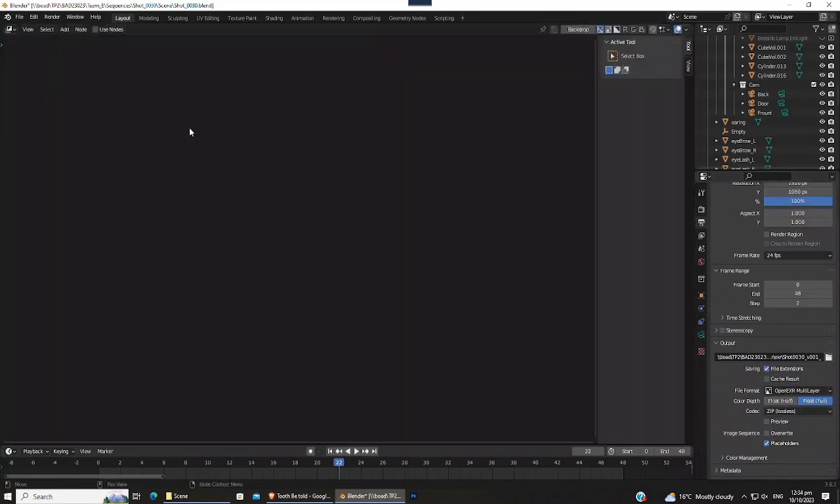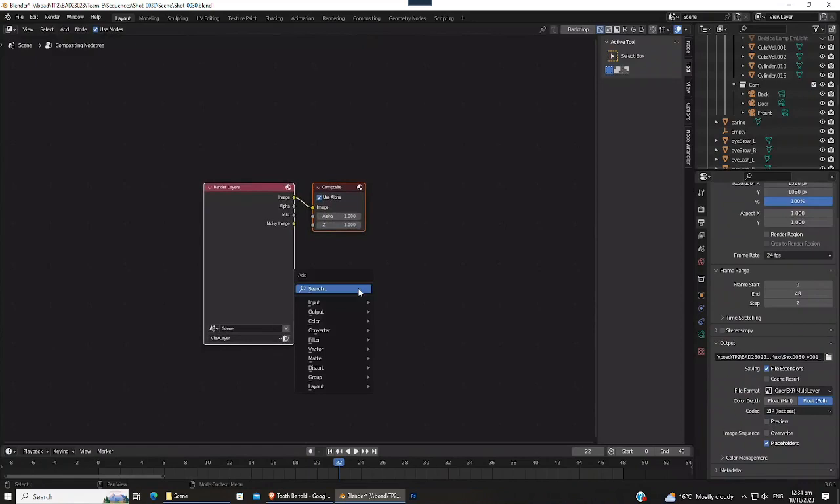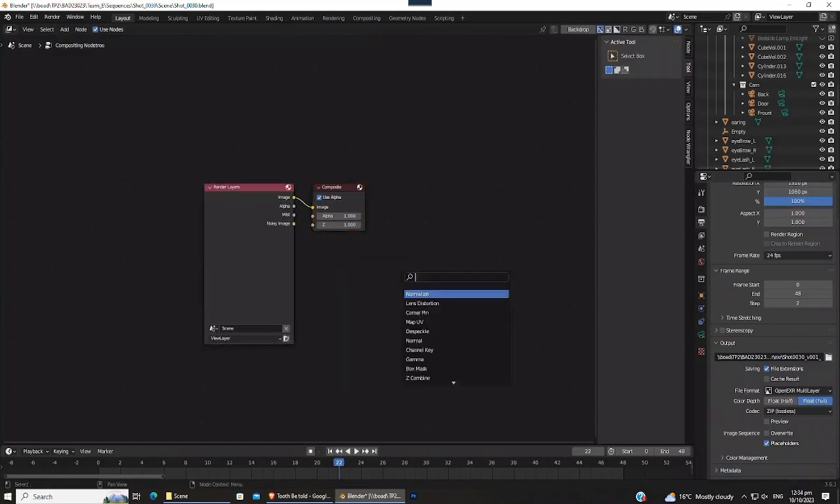compositor, and we tick use nodes, right? We press Shift A, so it comes up with the add. So Shift A, and you search for gamma, and you do it again, Shift A, you search for invert, and you put the mist pass into the color, you put the color into image, you set this to 10,